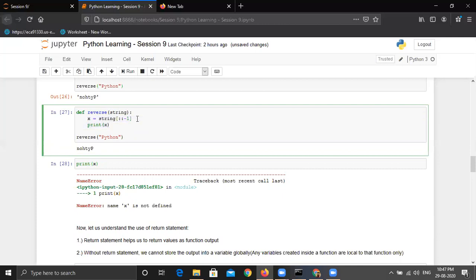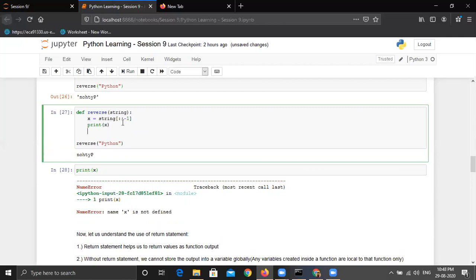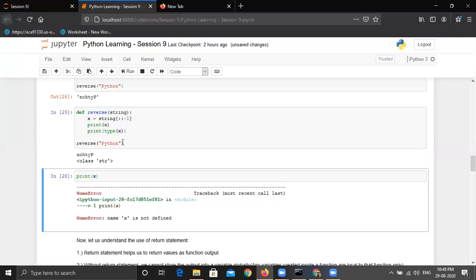These points are very important that I'm saying right now: any variable that you define inside a function, its scope will be limited to that function only. You cannot call this variable x outside of this function. I can add one more statement like print type of x, but this is again inside the function scope, so this will be printed. But again, if I check anything based on x anywhere else in the program, it will not work because they are limited to that function only.